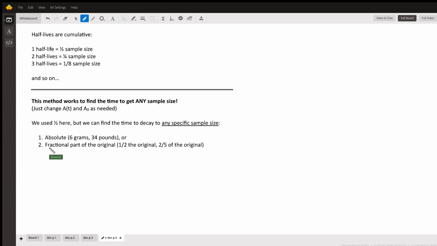Or you can do like we did here, which is some fraction of the original part. 1/2 of A0, 2/5 of A0, and so on and so on. So that's a very flexible formula for solving any